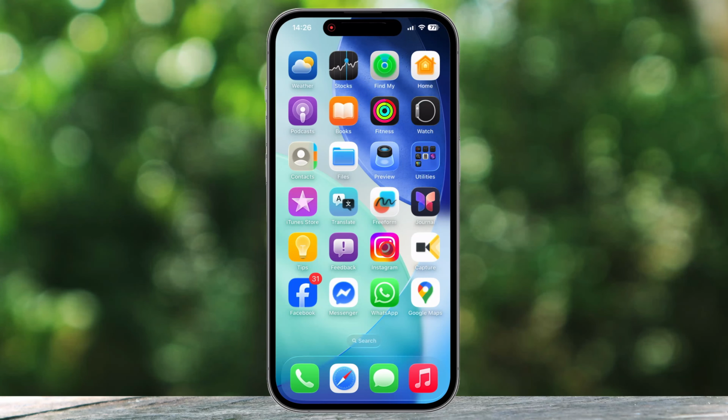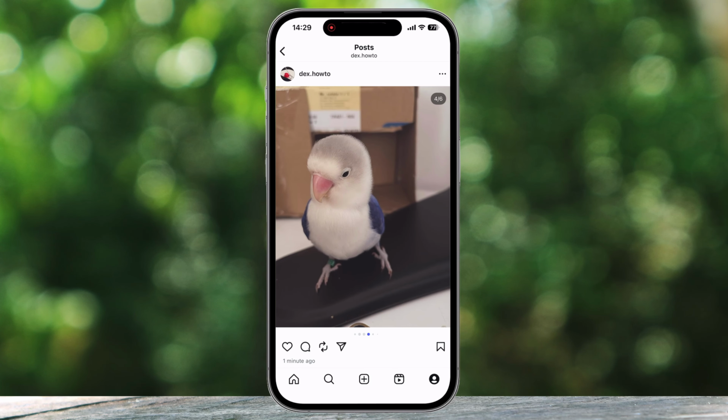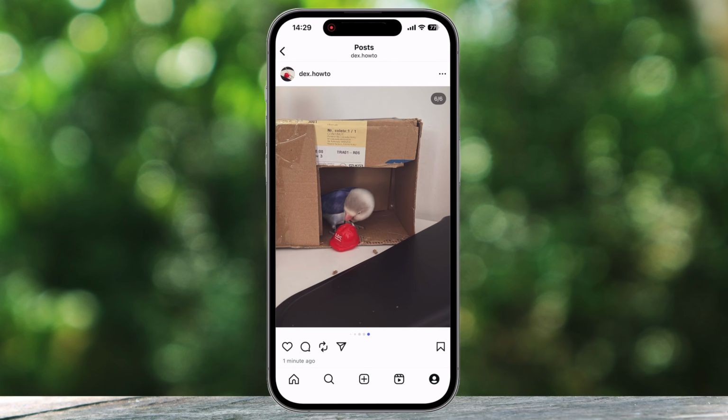Want to post multiple photos in one Instagram post? This video shows you how in under 1 minute. An Instagram carousel post is a single post on your feed that contains multiple photos or videos, up to a maximum of 20. Your followers can easily swipe left through all of the content, which makes it perfect for telling